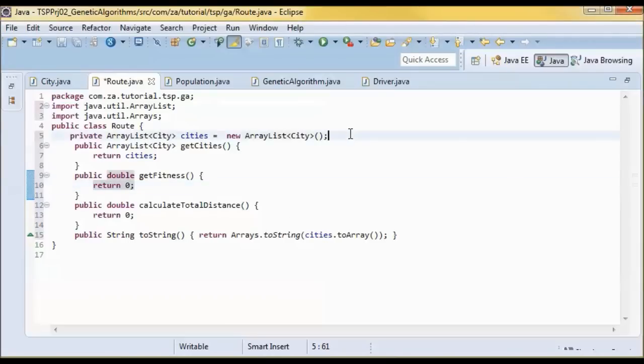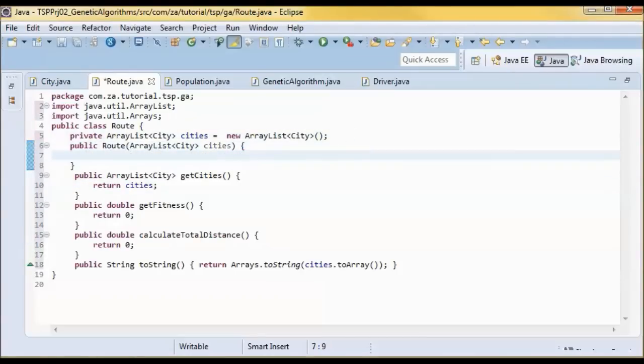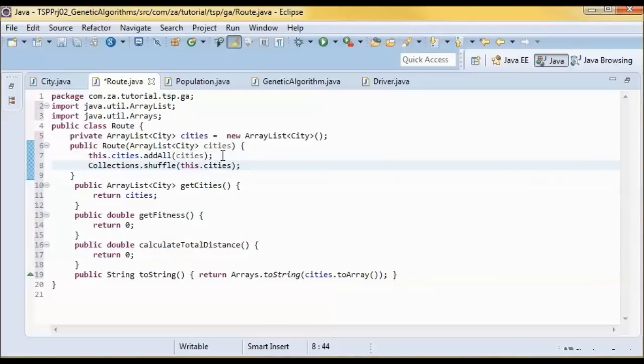And we will have a constructor that initializes the list of cities, and shuffles them afterwards.